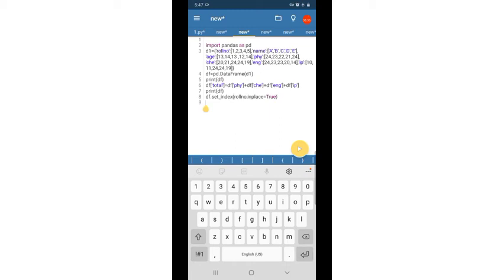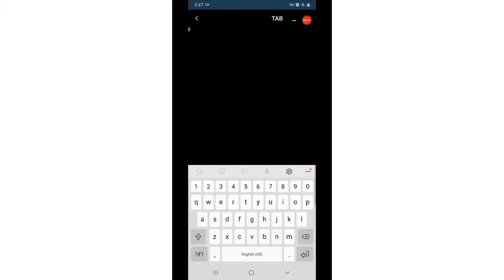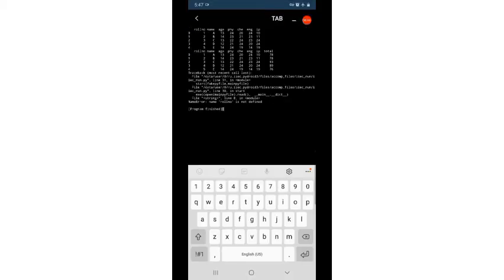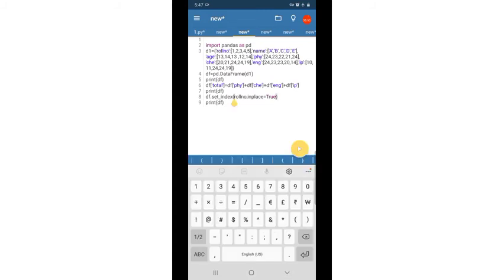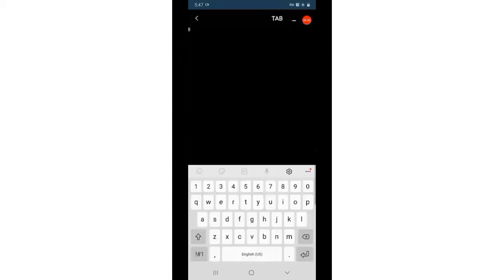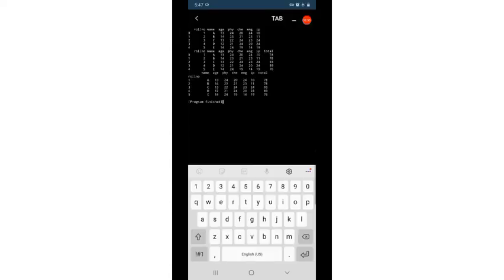Now let us again print our data frame df. Now you can see the roll numbers have replaced the index.